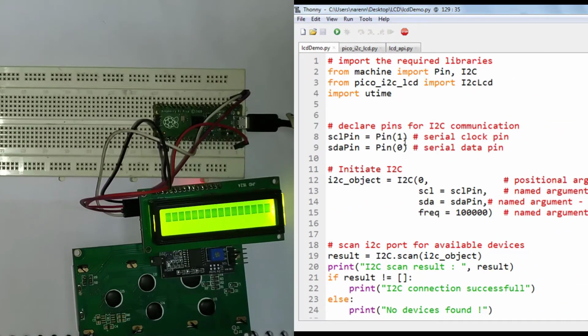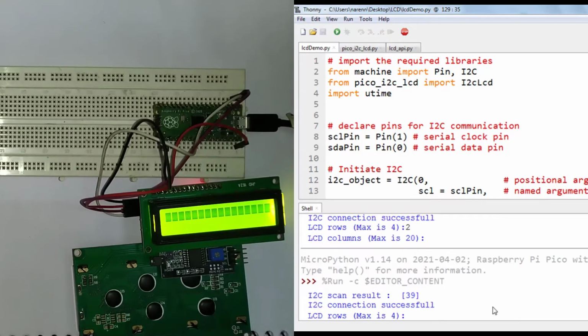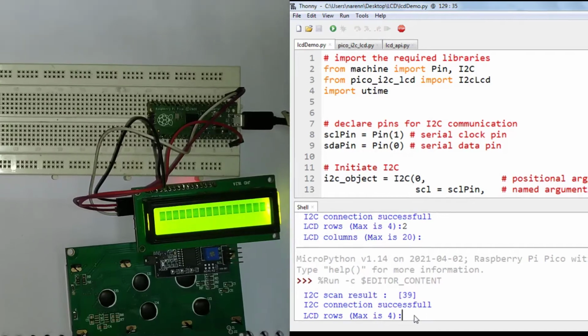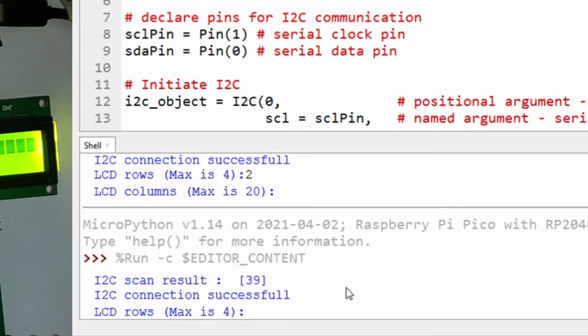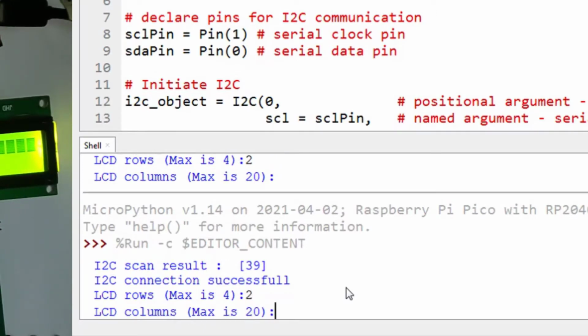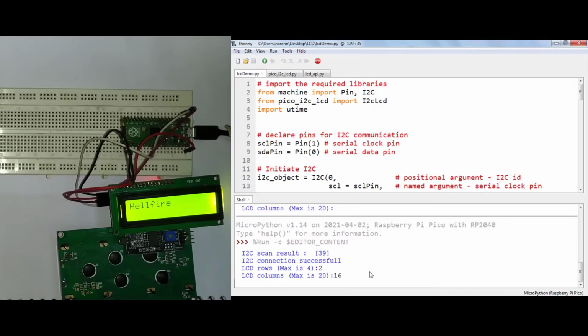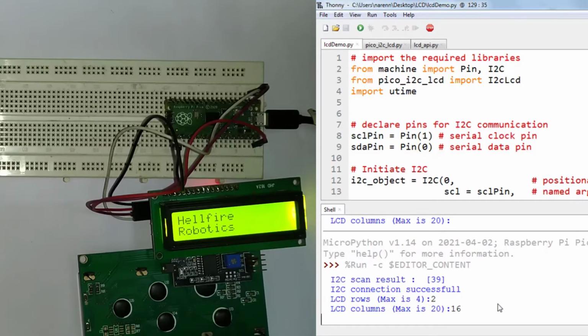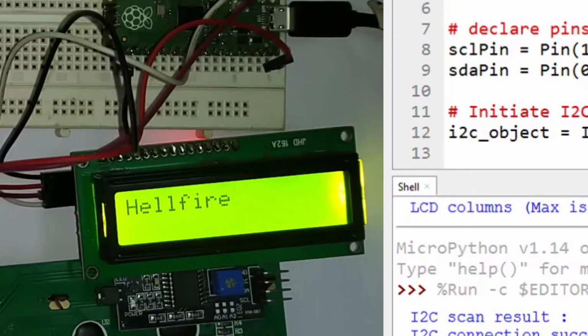So now let us run the MicroPython script. So it is scanning the device, and let us now enter the number of rows. The number of rows is 2 and the number of columns is 16 in this LCD. So now as you can see, the 16:2 LCD is also running with the same program and the same API